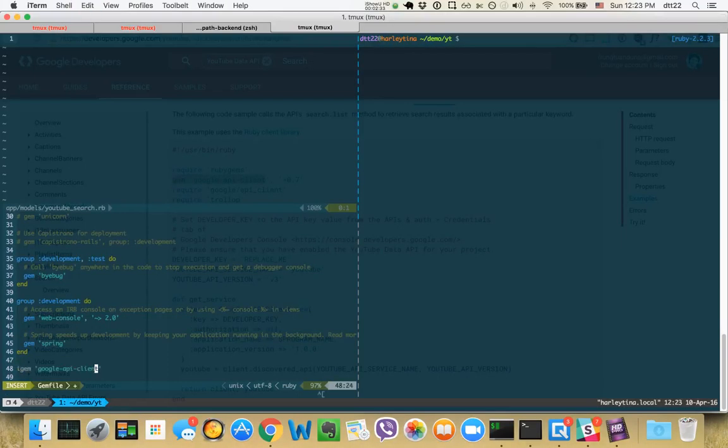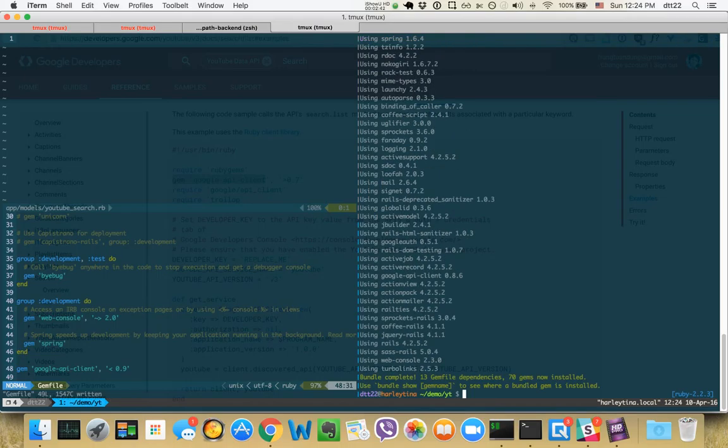Let's paste it. That's okay. Version before 0.9. So when I bundle this, I'll get the, where is it? Google API. So if you look at Google in Gemfile.lock,